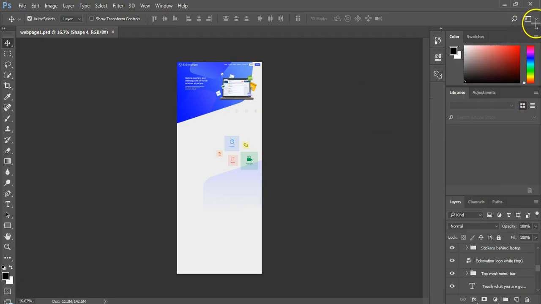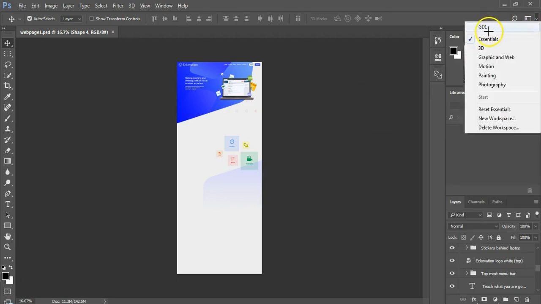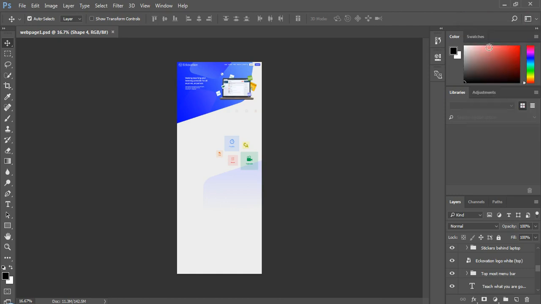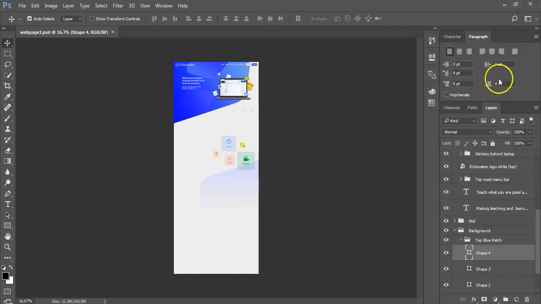Now, you might have seen and wondered what is GD1 above Essentials. Well, that is my personal workspace setup. I have arranged the panels in accordance with my current work and saved it as GD1. So whenever I change my current setup and later want this setup again, I just click GD1 and get it back. Currently I am working on a web page design. So for my convenience, I have put Characters and Paragraph in one tab group and Layers, Channels and Paths as another. I also have Colors and Swatches as icons for easy access to them.